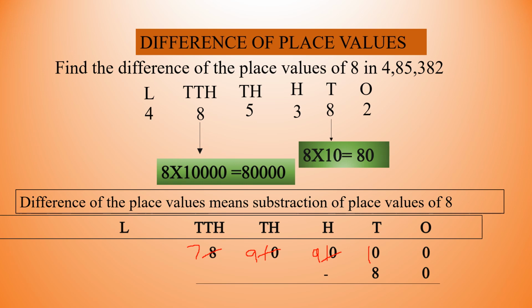Now 10 is bigger than 8, so we can subtract. 10 minus 8 comes 2. Here 9 will be copied as it is, 9 will be copied as it is, 7 will be copied as it is. So our answer will come as